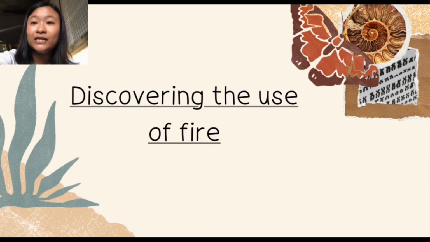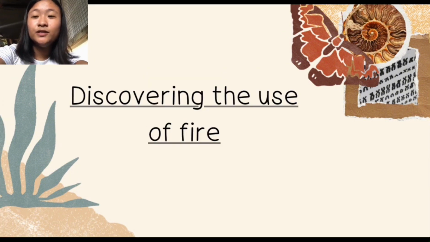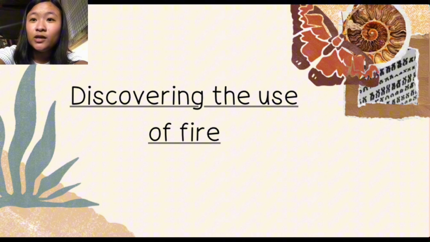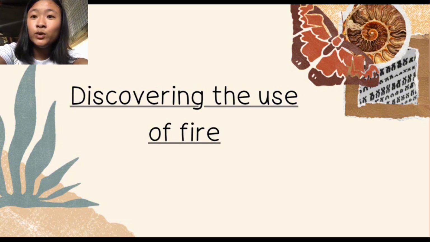And the last activity was the discovery of the use of fire. So fire is the first and most powerful tool of environmental transformation employed by humans. It changed the course of human evolution, allowing our ancestors to stay warm, to cook food, to ward off the predators, and to venture